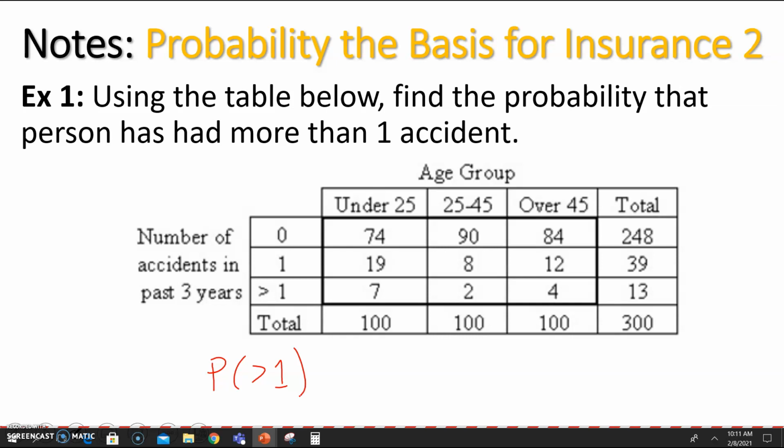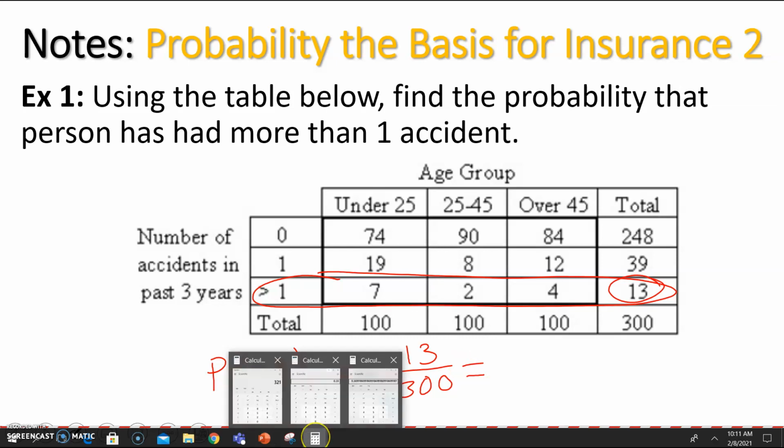If we look in the chart, we can see that that row is this third row here, and we can see that there are 13 total who have had greater than one accident in the past 3 years out of a total of 300. Okay, so that is 13 over 300,